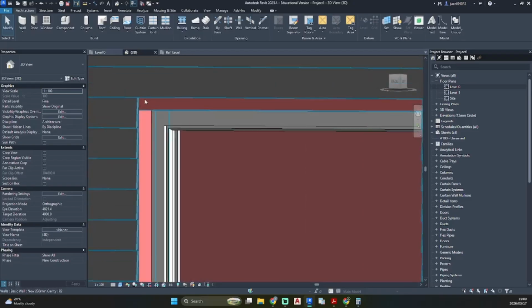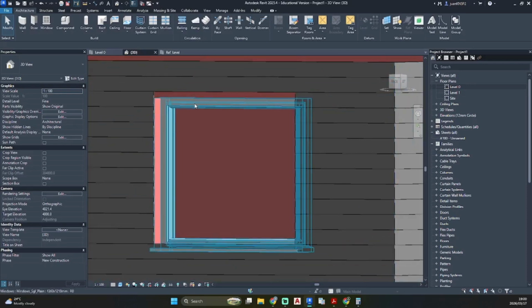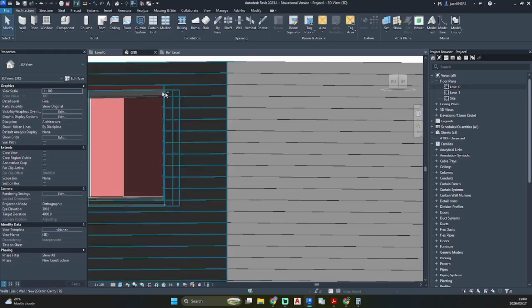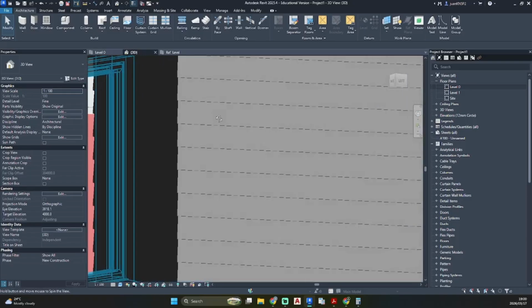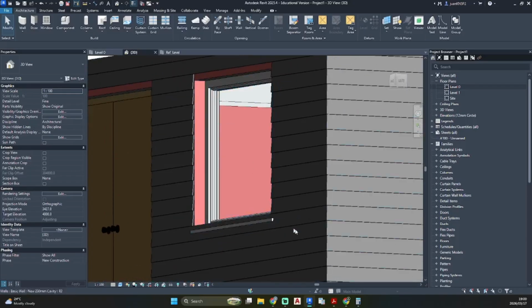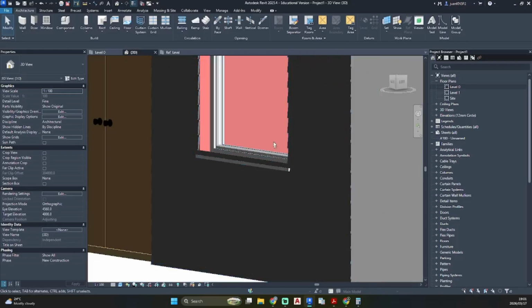So you'll need to do an additional check of your spacing of this cladding to avoid this, or you can add a flashing around this to clean it off. So you can see it cuts into this one, which is not very nice.